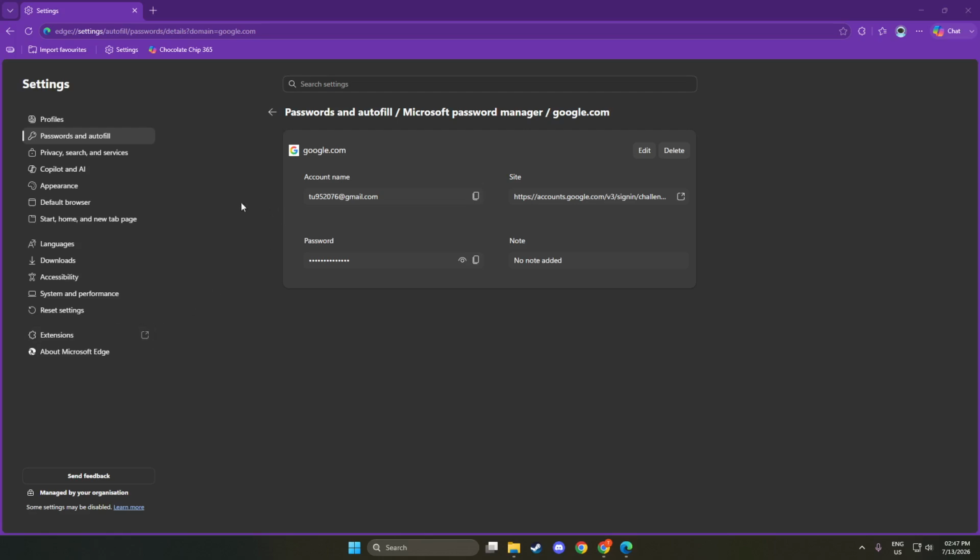Take a moment to ensure that you have copied it down correctly if you need to use it elsewhere. This final step confirms that you have successfully accessed your Gmail password, making it easy for you to log in wherever necessary. Remember, keeping your passwords safe and secure is essential. Always ensure that you do not share your passwords with anyone and consider using a password manager to help keep track of them.